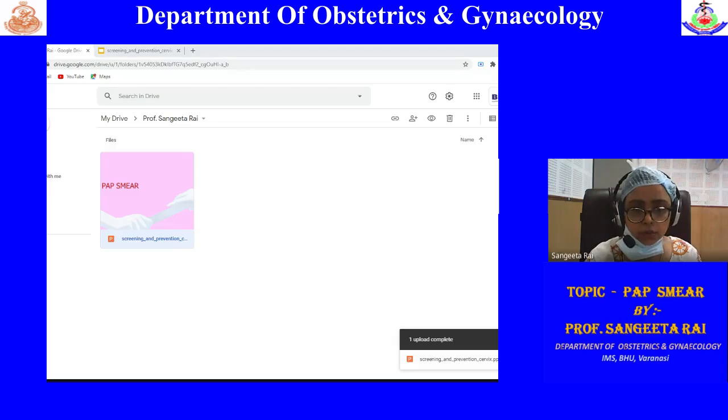So this is how they can do. Again, with the help of this, they can also take the DNA for the human papilloma virus, most commonly known as 16 and 18, which are the high risk group, or there may be a low risk group like 6 and 10. So this is the method. We can go to YouTube and you can take it.